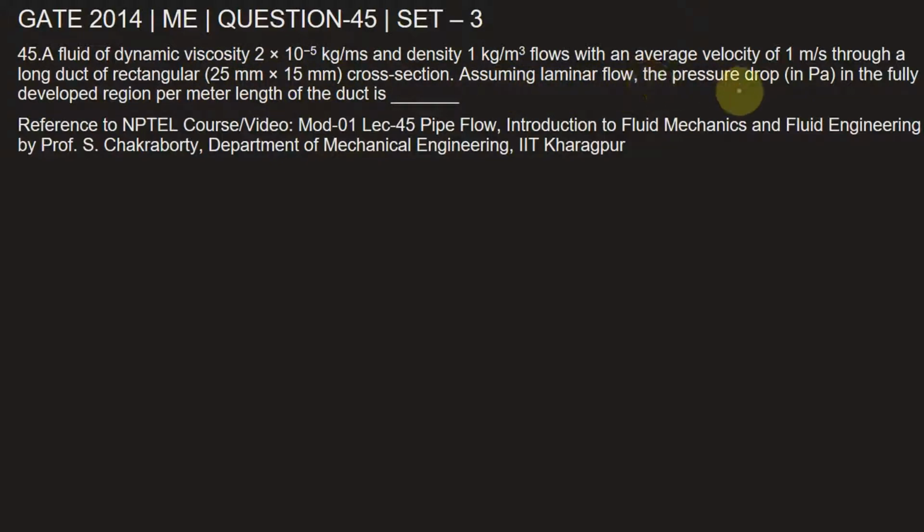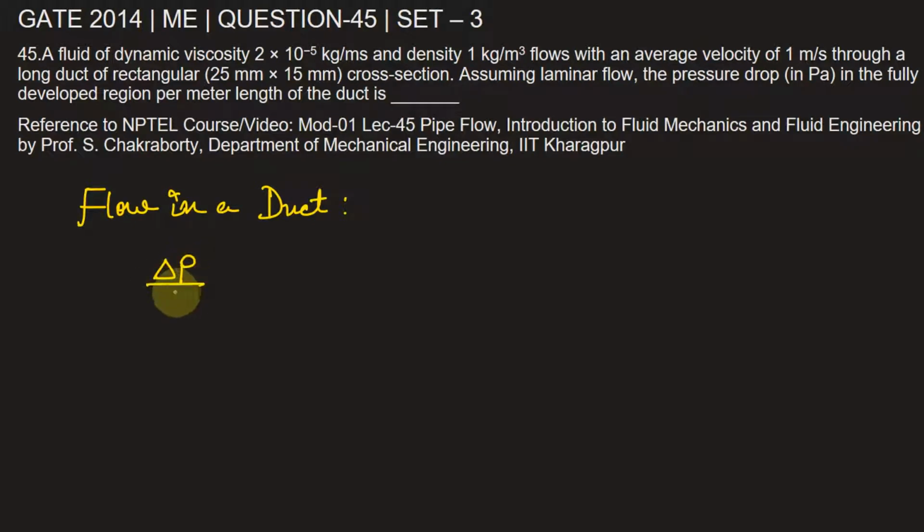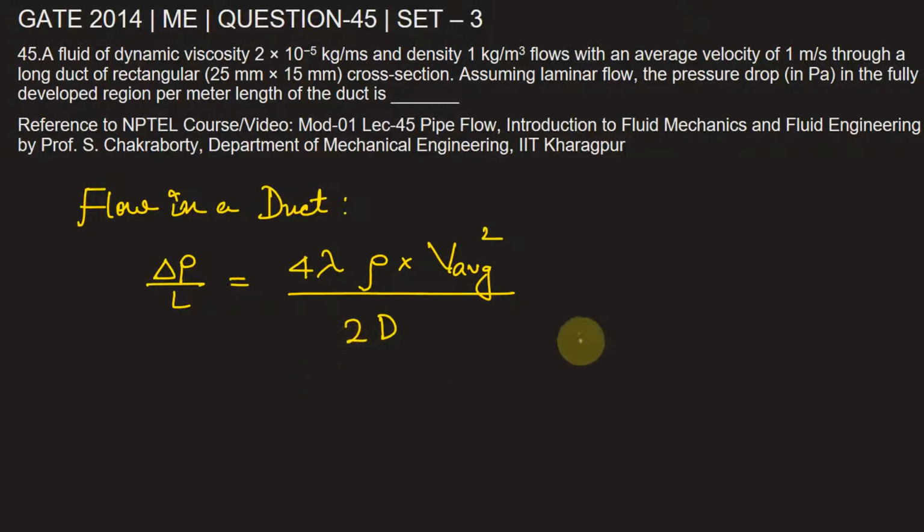Assuming laminar flow, the pressure drop in the fully developed region per meter length of the duct in Pascal is? We know that for a duct flow, the drop of pressure per unit length is given by 4 times lambda times density of fluid times the square of the average velocity, whole divided by 2 times the diameter. Now, since this is a rectangular duct, the parameter d will be